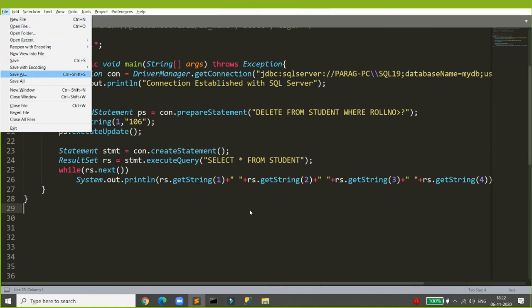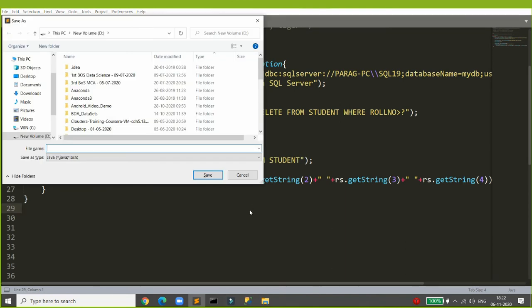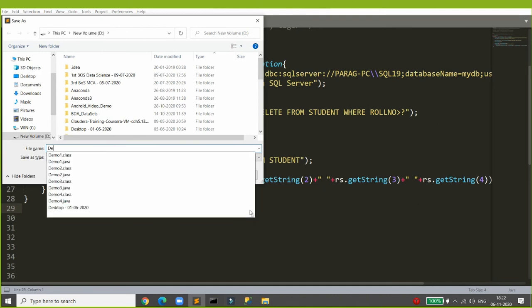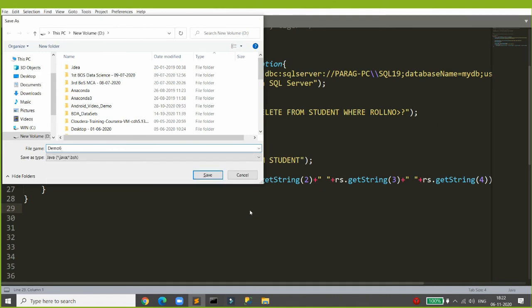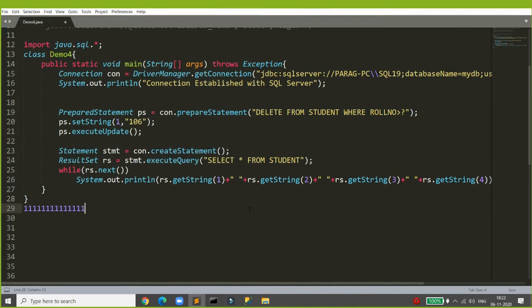Now you people think that, sir, I want to search the record. Definitely you are able to delete the record, update the record, insert record, display record. Then definitely you can search the record. So for that, this is demo number 6. I want to search the record. Whenever you want to search, you can simply write select star from student